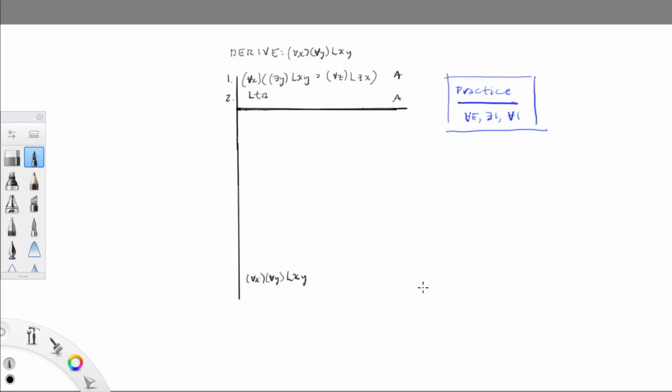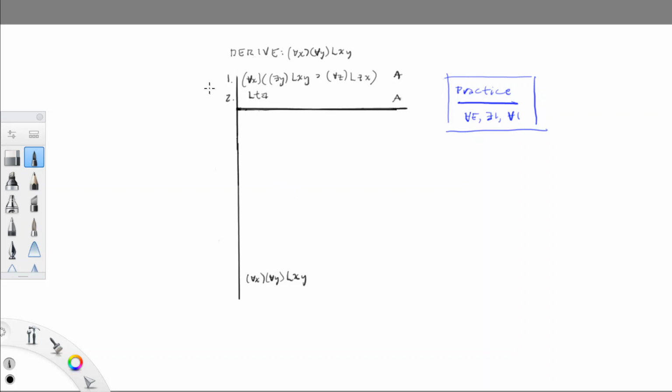Hello everybody. In this video we're going to work another practice problem and we're going to work it together. So I would like for you to get some paper and pencil at the first pause if you don't have any on you right now. We're going to derive this statement, our target statement, for all x for all y, LXY, everybody loves everybody, from